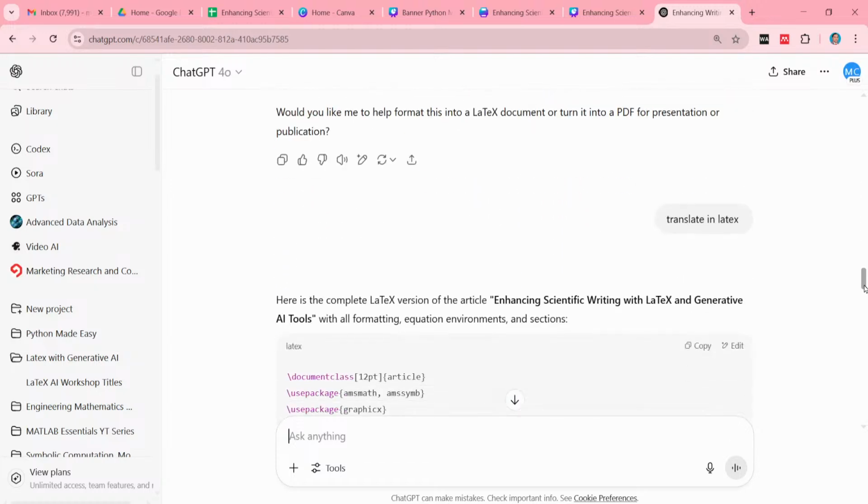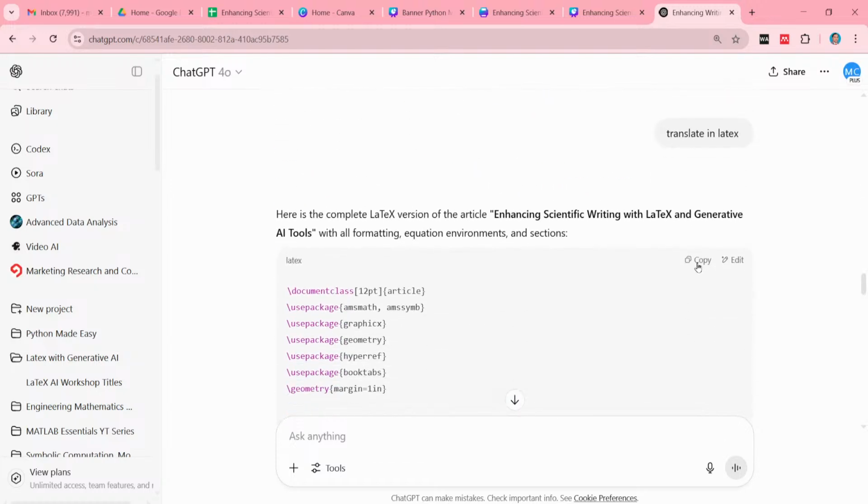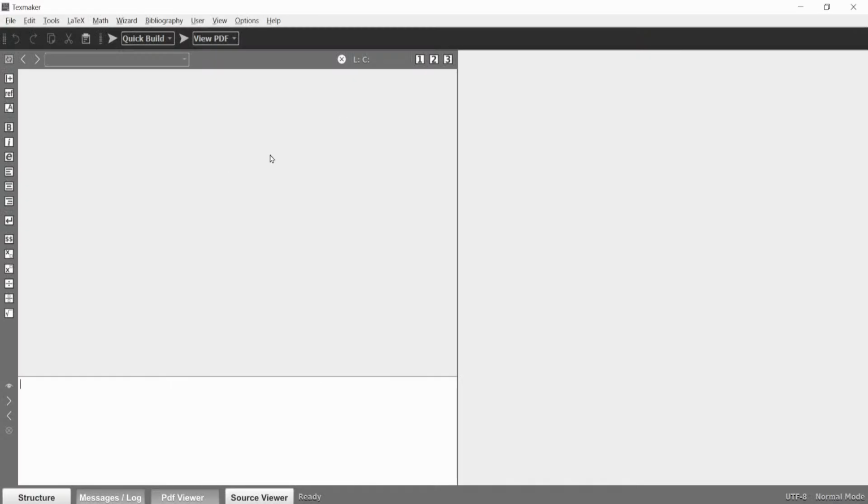So what you will do is copy from this place. You just need to click here, so the entire document, all the script, is copied, and now come to this place. This is the TeXmaker, and at this place we will do everything we need. We will insert the images, add the equations, modify some equations, and create everything we need.